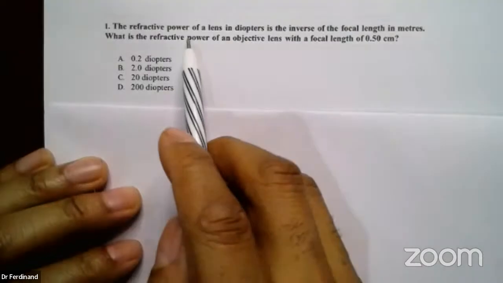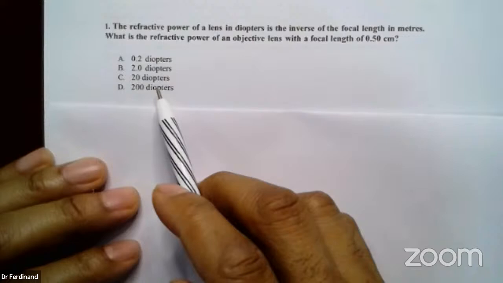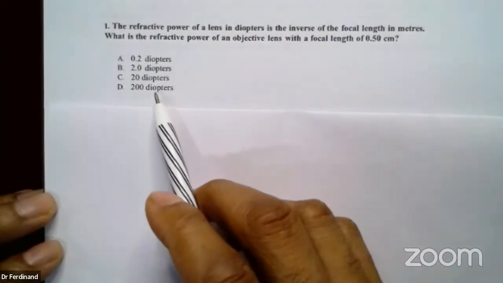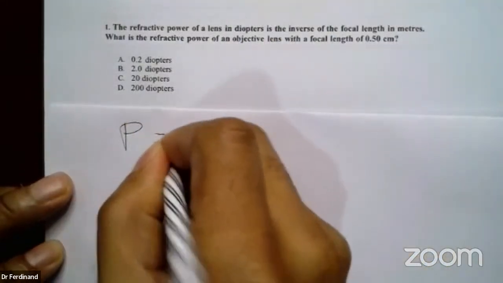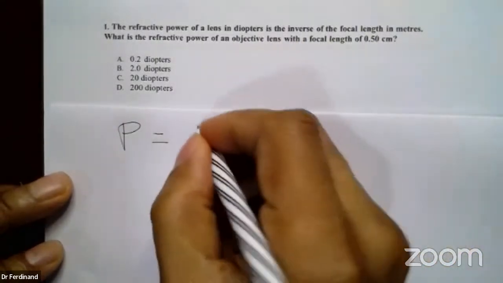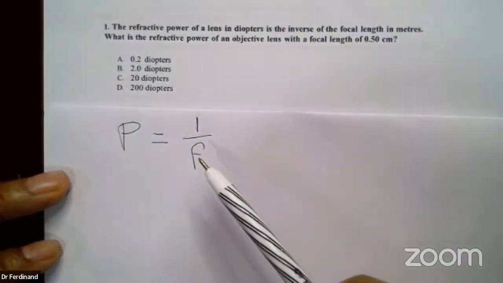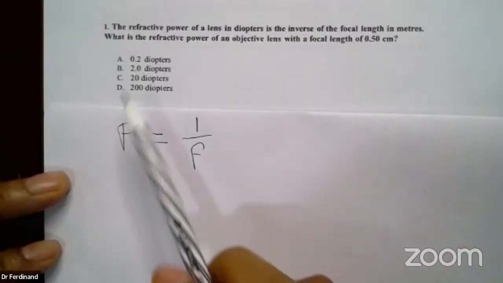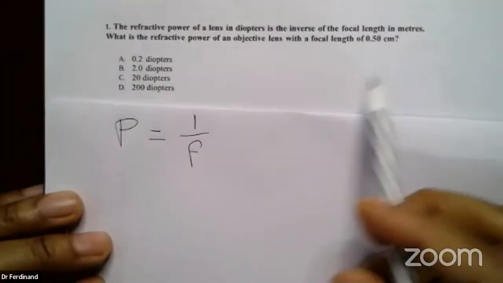So it's the power of a lens in diopters, and diopters is going to be the units we're looking for. So we're starting our dimensional analysis, our analysis of units, and then the power is equal to the inverse of the focal length. So it's 1 over the focal length in meters. This has to be in meters, and then this will provide the power in diopters, which is going to be the answer.